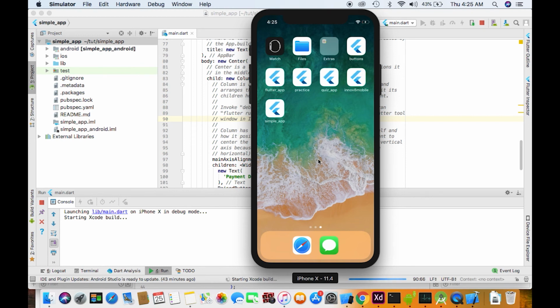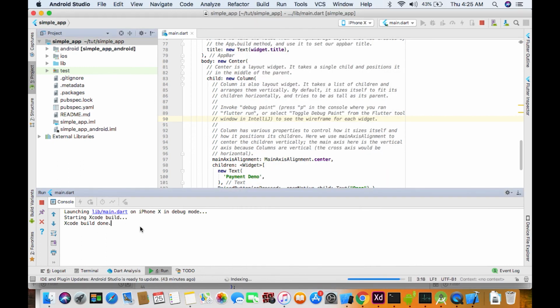Code build is done. I'm not sure why it is not syncing. Maybe something I've done. It's syncing. I hope this might run.